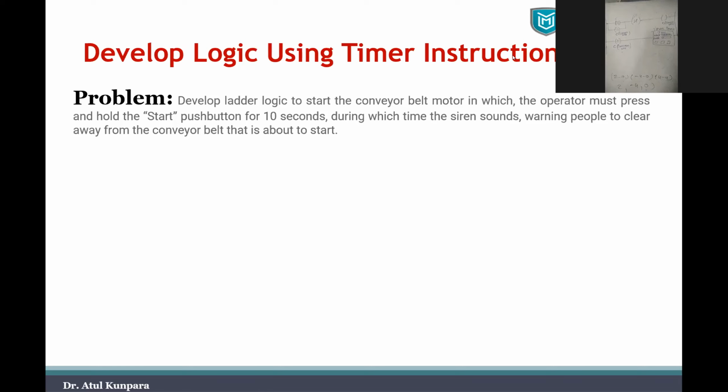Something naming is there. What you are writing? Start, stop, then coil. Coil C conveyor belt. But where is that timer? The conveyor belt is going to start as soon as you press the start button, isn't it? You look at your logic, Bhavesh. Once you press the start button, it is going to start your conveyor belt directly. It's not going to wait for the seconds you are mentioning with your timer. Can you see that? Okay, sir.